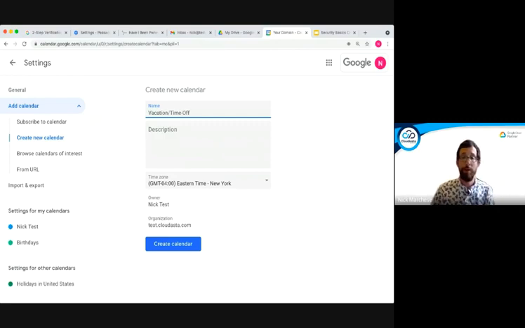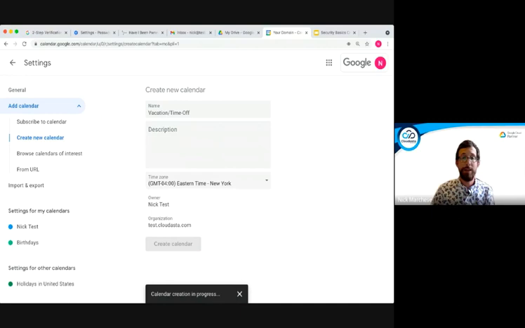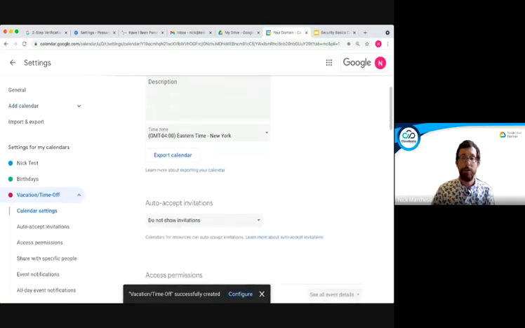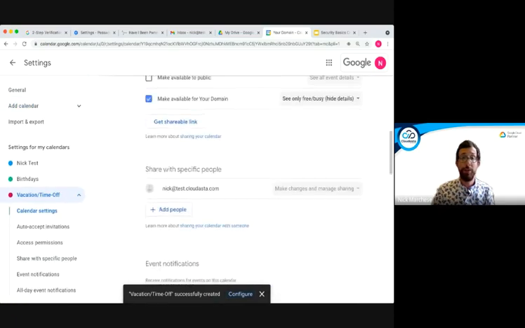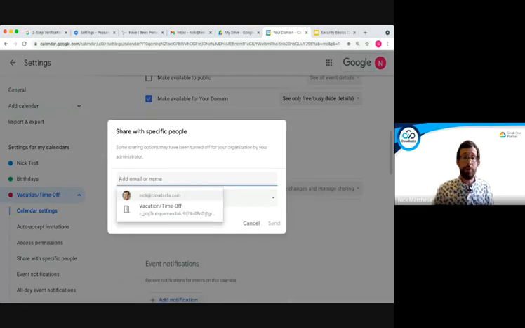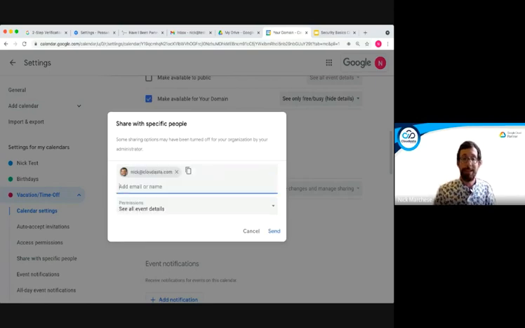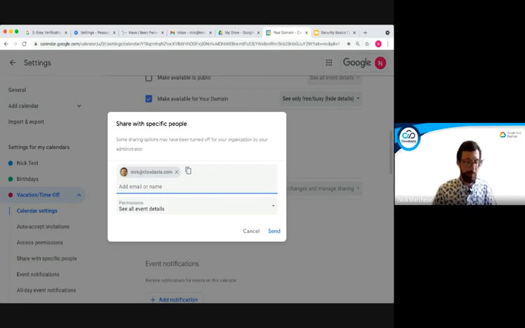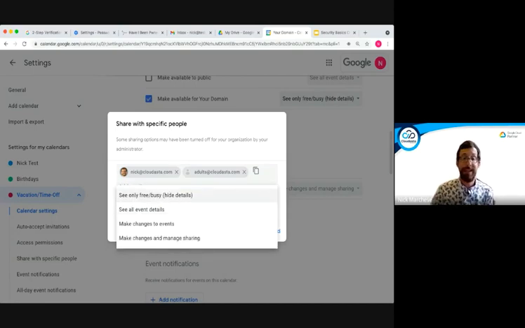And tell me if I'm off the beaten track here. So I'm going to create that new calendar. And then if I go into that calendar setting, I'm going to scroll on down, and I'm going to share it with specific people, right? So I'm going to share it with my test account. But you could pretend that that's a group, right? Adults at cloudhouse.com. It's the same thing, just adults doesn't exist, right? You can share it with both of those people, and you can set it to anything you want. So make